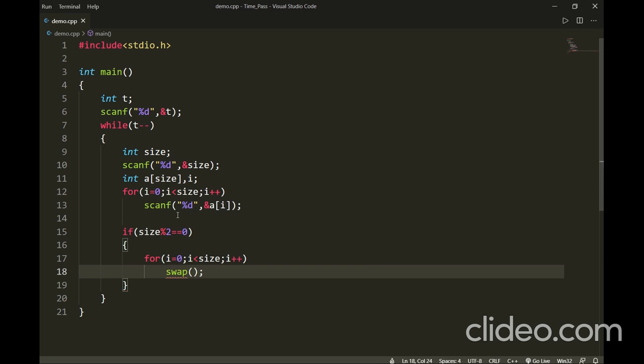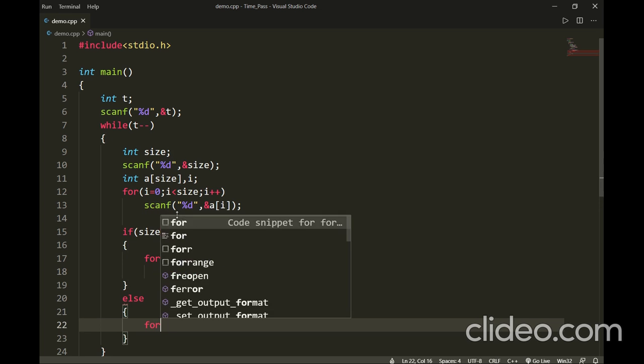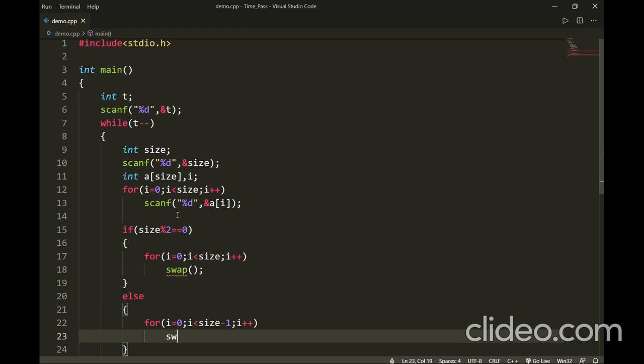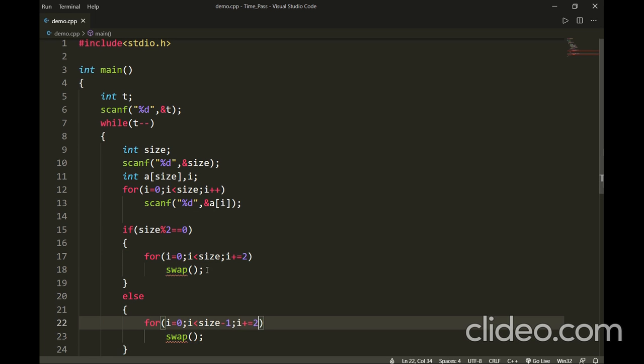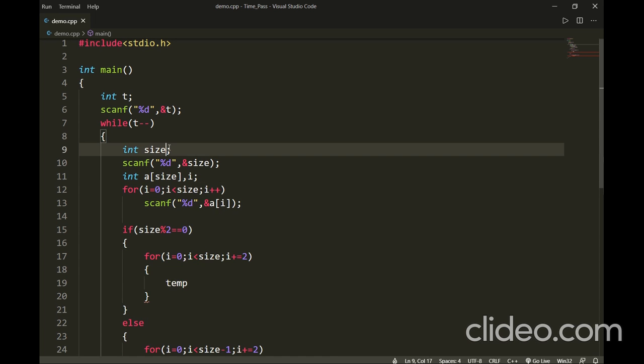Else, for I equal to 0, I less than size minus 1, I plus plus, and then swap the two variables. Now here, as I had told, we are going to do I plus equal to 2. I am changing it here to I plus equal to 2, and now I will write the program for the swap. For swap we will need one variable named temp, so we'll declare temp here.